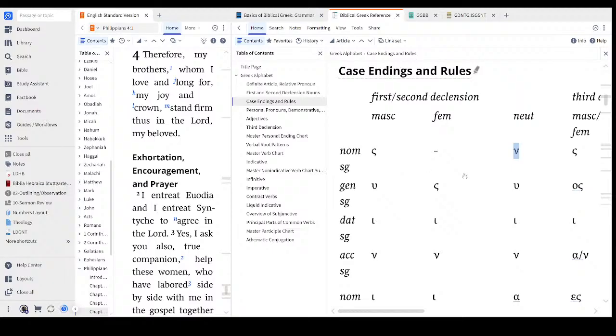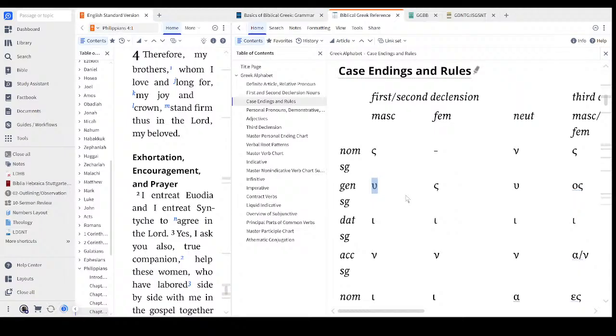Just know that the third declension is different, and the best way for me to explain declension is how a word changes. Like here, and this would go 2 1 2, and then third: second declension, first declension, second declension. So then the genitive,